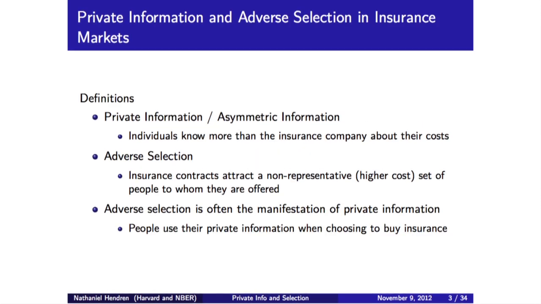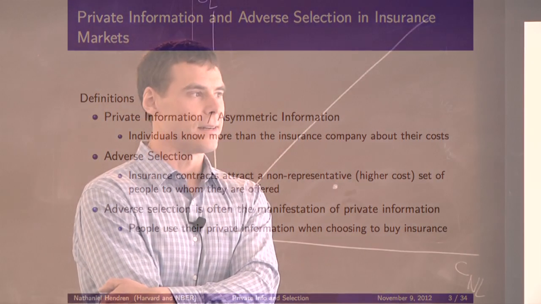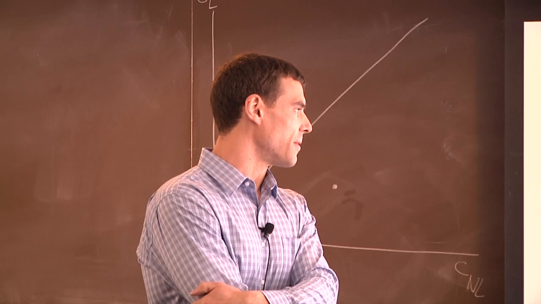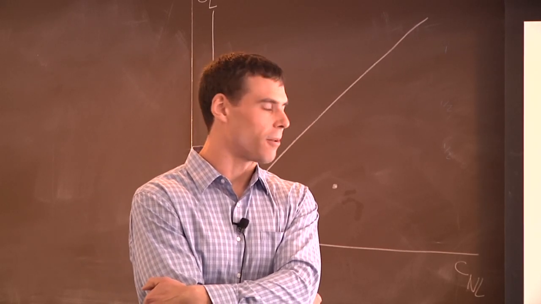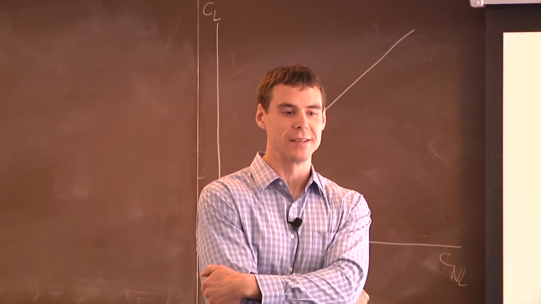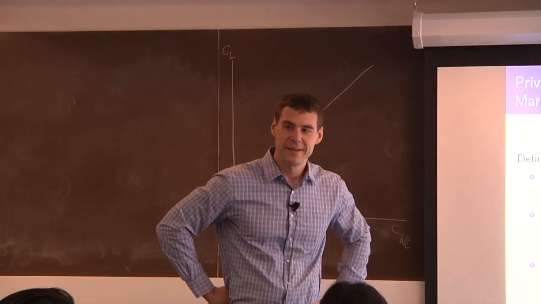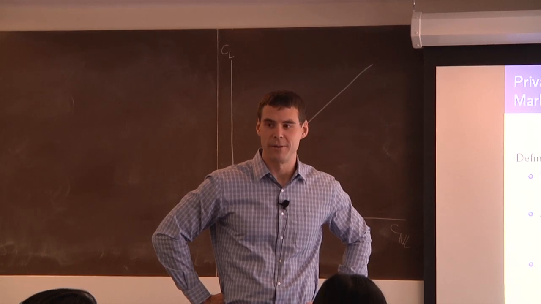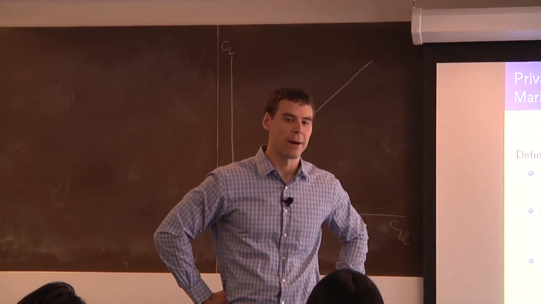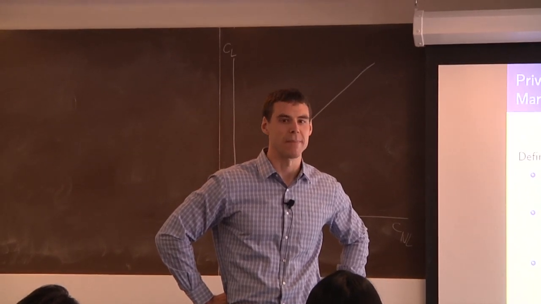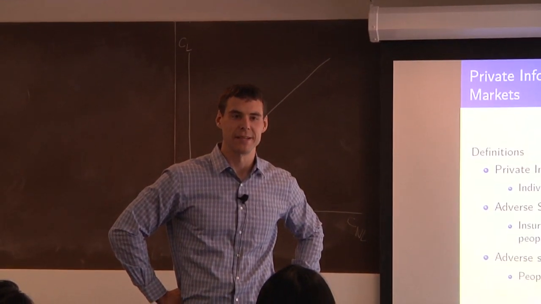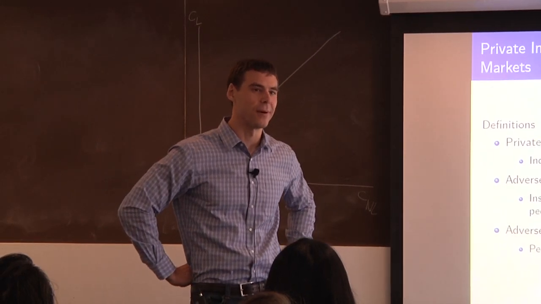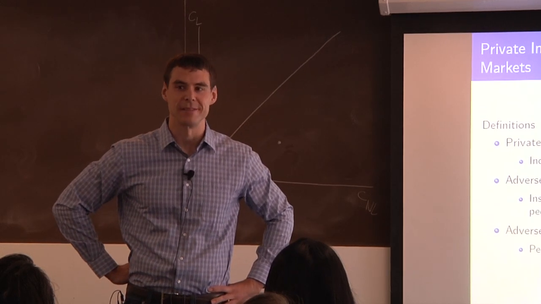I actually want to start the lecture with some pretty simple definitions that I think can help clarify some of the ideas that people talk about in insurance markets. The motivating definition behind all of this is: what is private information, what is asymmetric information? Usually when we talk about private information or asymmetric information, we're talking about a setting in which an insurance company may not know as much as their potential applicants about what their cost to the insurance company might be. Does anybody have any particular example that they'd like to share with the class about what might be some source of private information in an insurance market?